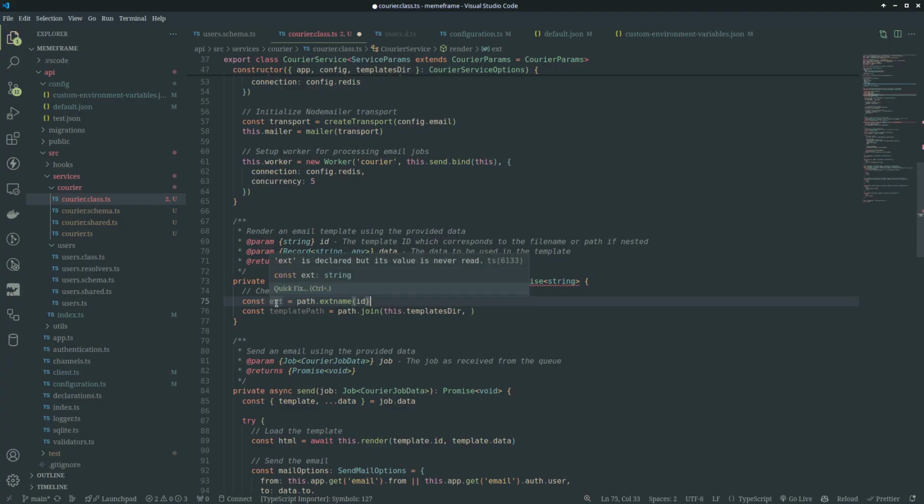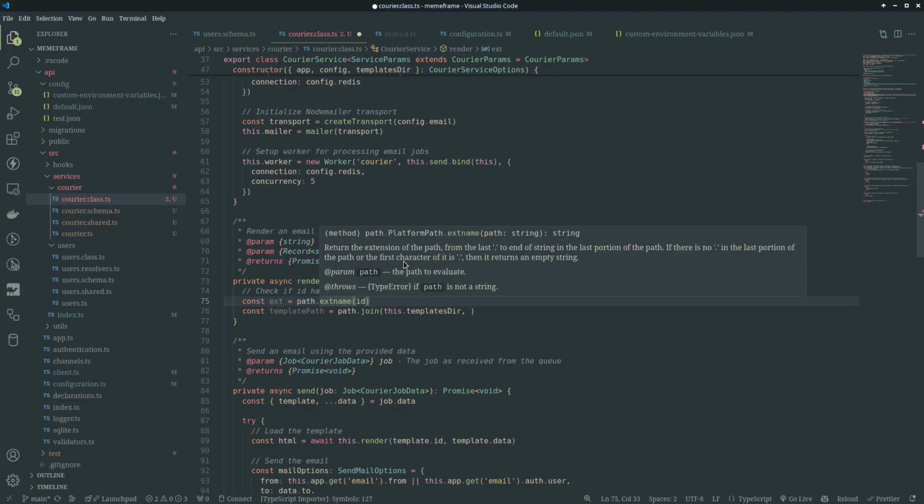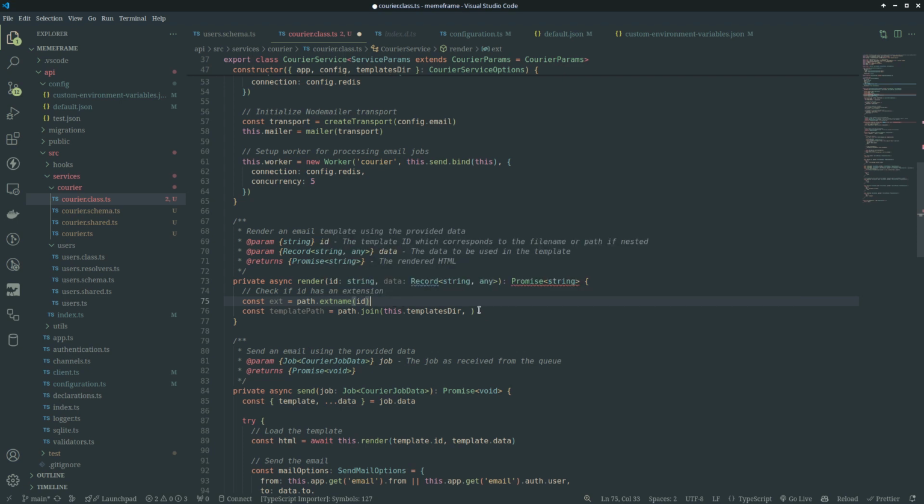So now this is going to return string, but there's something you should take note of: it's going to return an empty string if there is no dot in the last portion, or the first character of it is a dot. So if the first character is a dot, it's going to return an empty string. So meaning now you have to kind of target, okay, is there an extension? So the way to figure that out, you just check, okay, if there's an extension, just do this. Otherwise, if there's no extension,